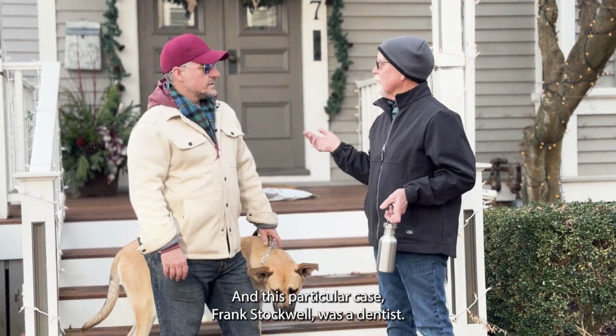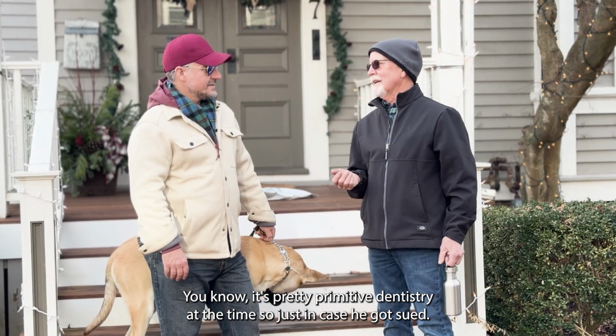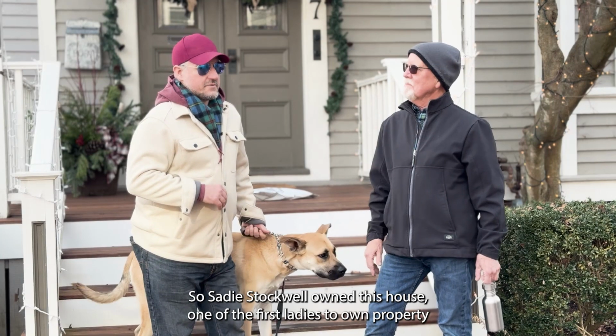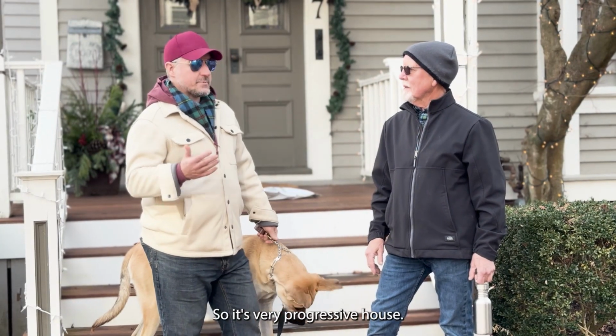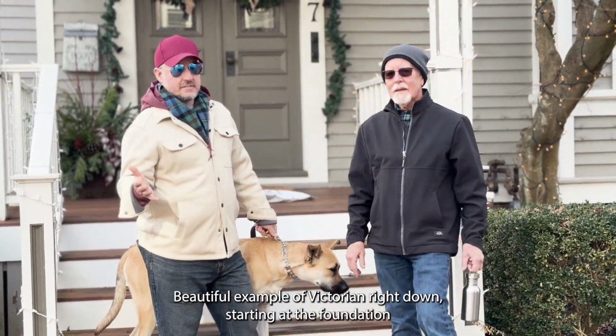In this particular case, Frank Stockwell was a dentist. It was pretty primitive dentistry at that time. There you go. Just in case he got sued, she owned the house. Sadie Stockwell owned this house, one of the first ladies to own property in this area. I think so. So it's a very progressive house, a beautiful example of a Victorian, right down, starting at the foundation